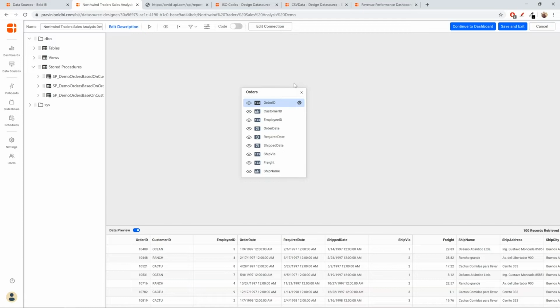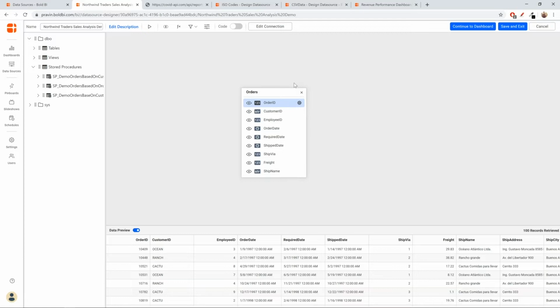Okay. So now let's see how to add a parameter to your data source. If you have been a user of the Syncfusion dashboard platform, the parameter used to be in the data source designer rather than the data source. But now this has been moved to the data source. It is now an entity of the data source itself. That would be much more helpful when you share certain data sources with multiple people, or even for yourself if you use the same data source for multiple dashboards.